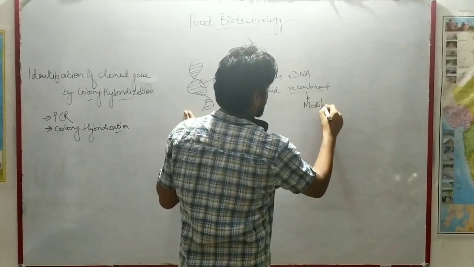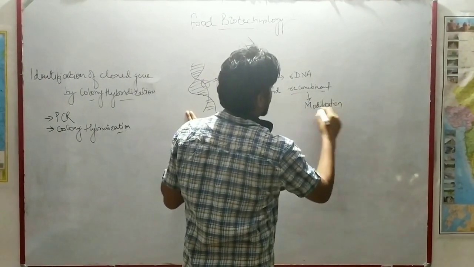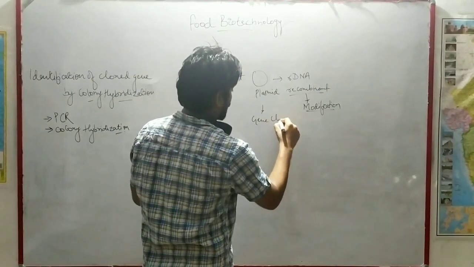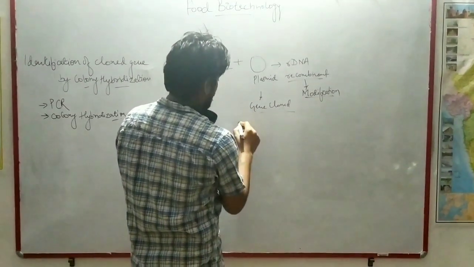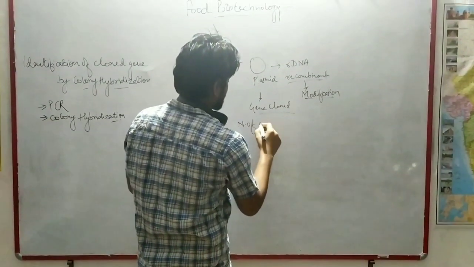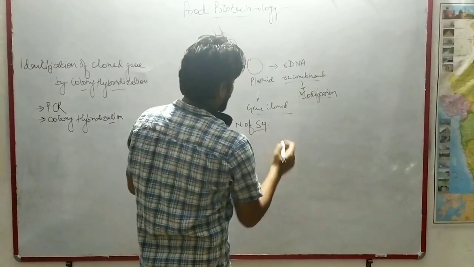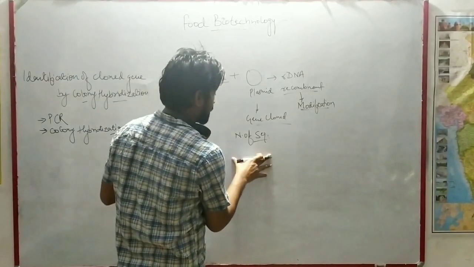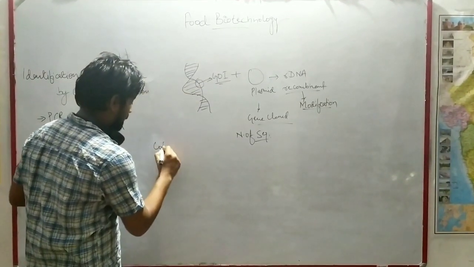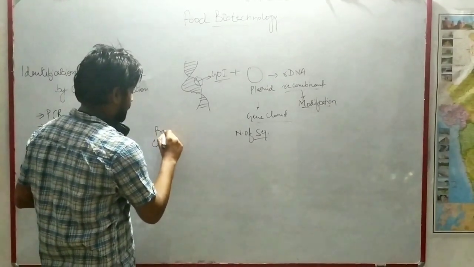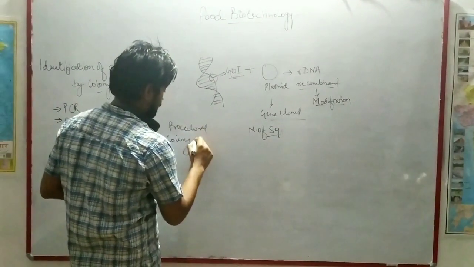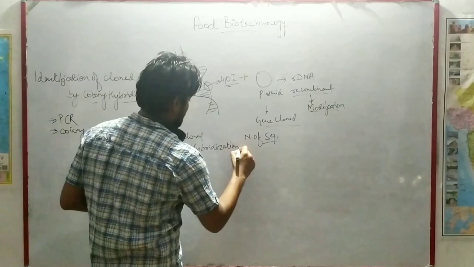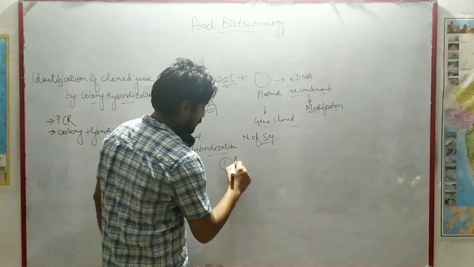You have to check whether the modification you desired has been transferred or not. In rDNA, followed by gene cloning, you have got a number of sequences, and you have to check whether they have been modified by your procedure. So what happens? You will use a procedure called colony hybridization. In colony hybridization, we have to start with preparation of your master plate. Step 1 will be preparation of your master plate.